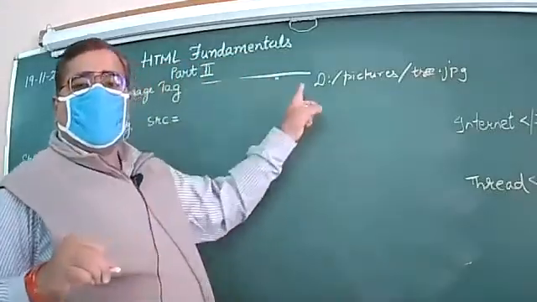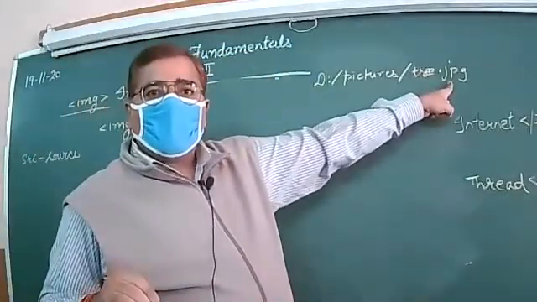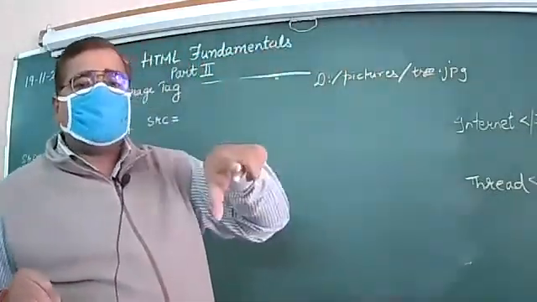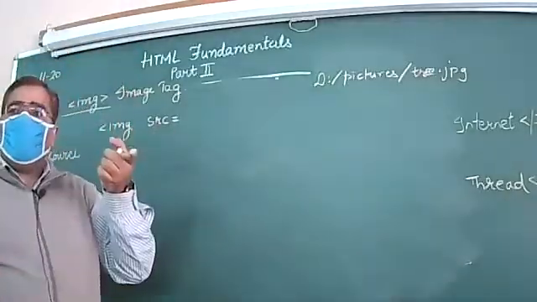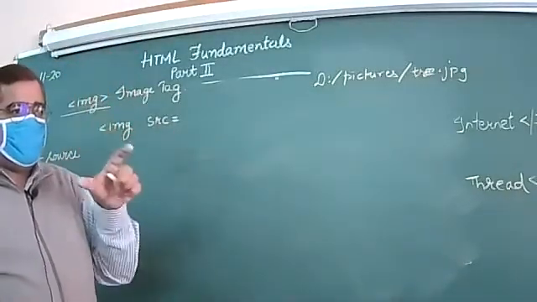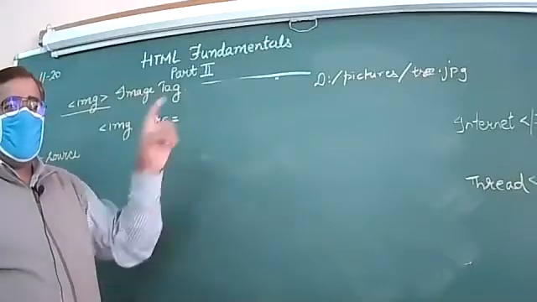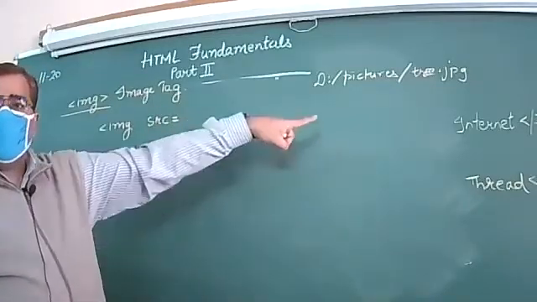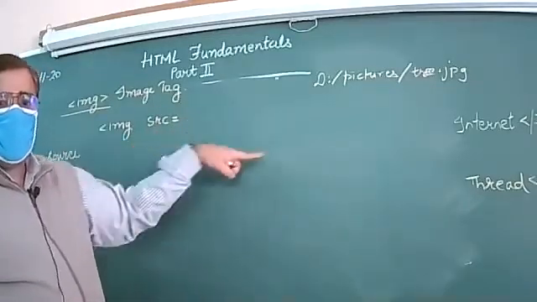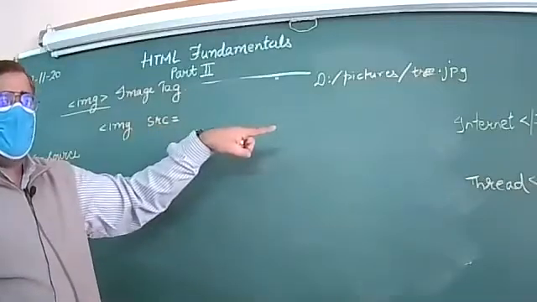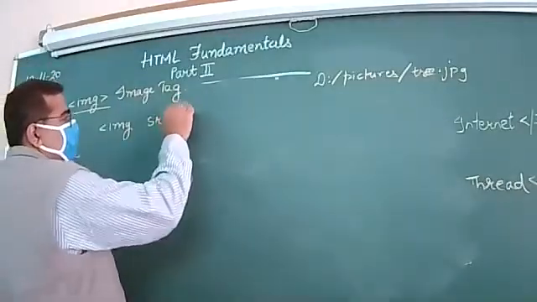This is the path of your image, right? So how to insert the image? Right click on the icon of image, choose the properties option, then copy the complete location given, the complete URL, the complete location path, and paste it over here.